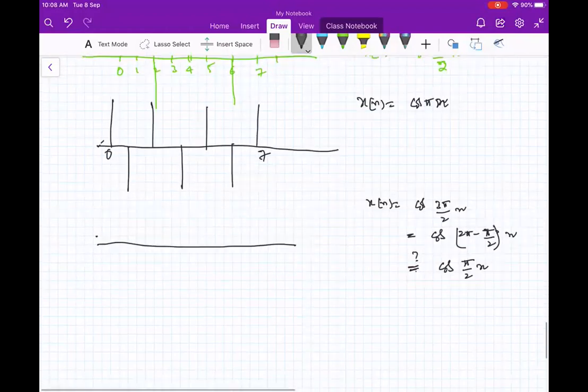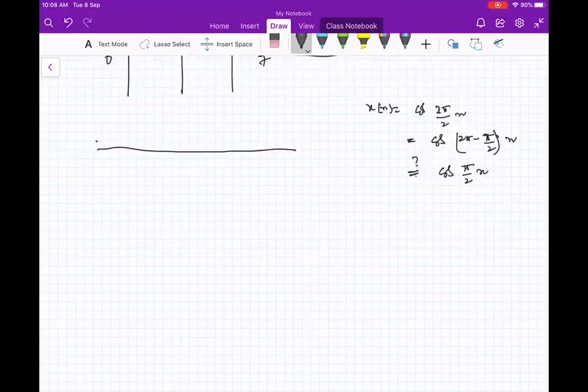Similarly, the other one we will consider: x of n equal to cos 2 pi n. What is that similar to? The omega equal to 2 pi case is similar to what? Yeah, tell quickly. Even for this, if you are taking this much time, what do we discuss in class? Constants, all the samples will be 1.